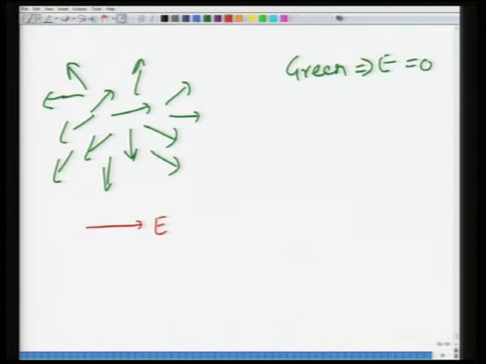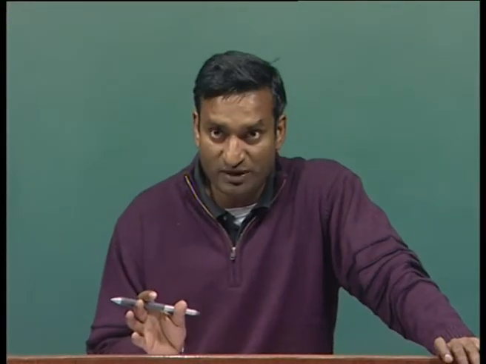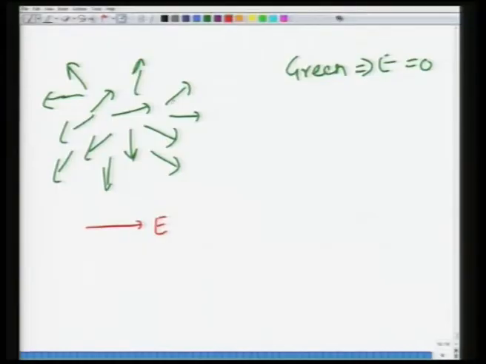The application of electric field tends to rotate these dipole moments in that direction. Now this rotation depends upon the strength of the field. Typically it is not complete, but it is sufficient to give rise to what is called a permanent finite dipole moment. So this will tend to become like that, and this will tend to become like that. All of them will tend to orient themselves slightly along the applied field.